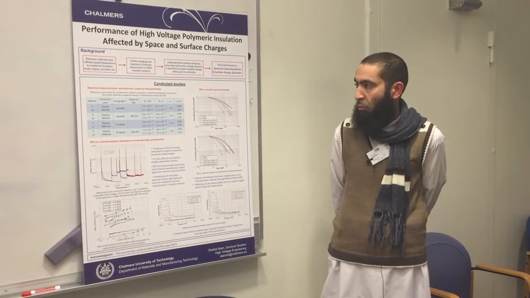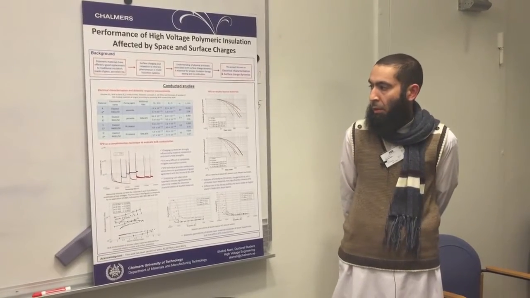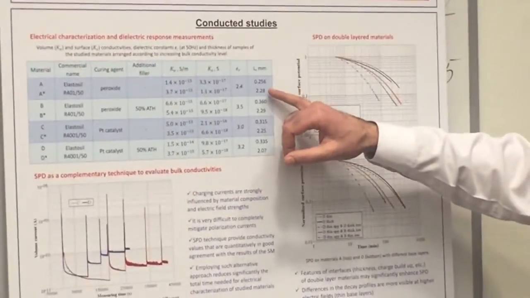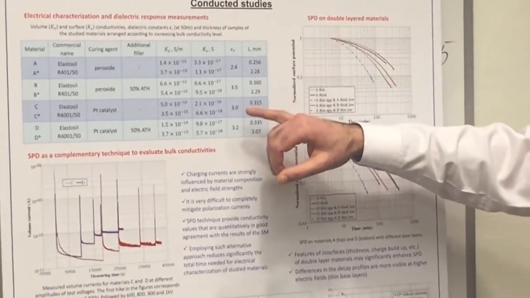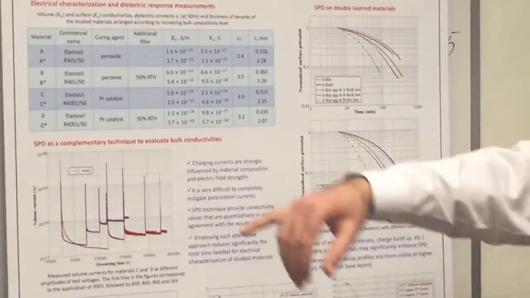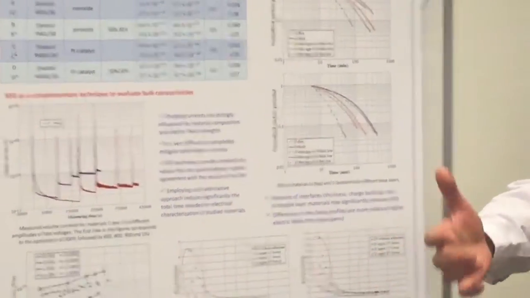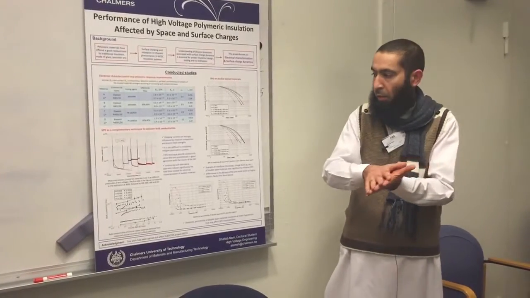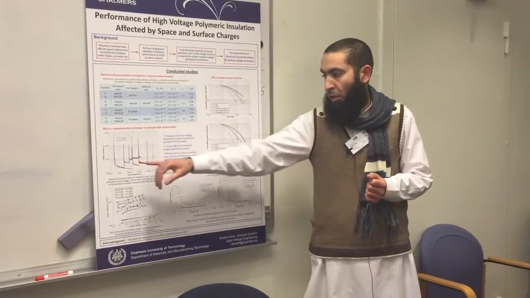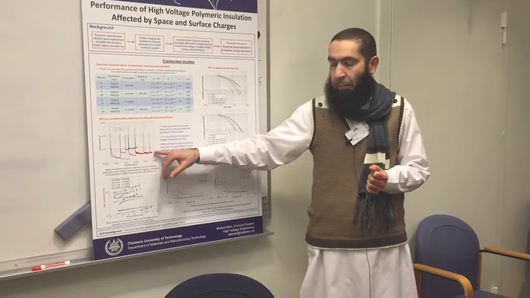In this project, basically we use different types of HTV silicon rubber materials with different thicknesses, in the range of 2 millimeter and nearly 10 times lower, and some of them were filled with ATH, and we try to characterize them using standard methods, using a Keithley electrometer and a resistivity box where a sample is simply put there and a voltage is applied, and then the current is measured either across or along the surface of the sample. But one can see that for some of the samples it may take a couple of days,